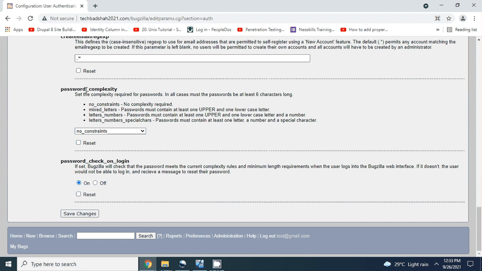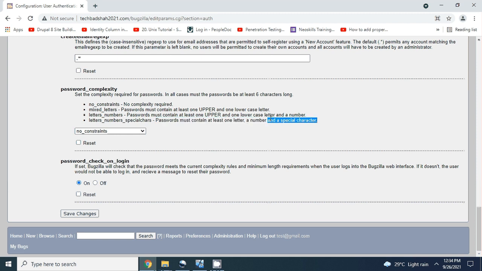A very important option here is the password complexity. In this case, no constraint. Mixed letters is always to use upper and lower case letters. Letters, numbers: the password must contain at least one upper and lower case letter and a number. Then letters, numbers, special characters: the password must contain at least one letter, a number, and a special character.